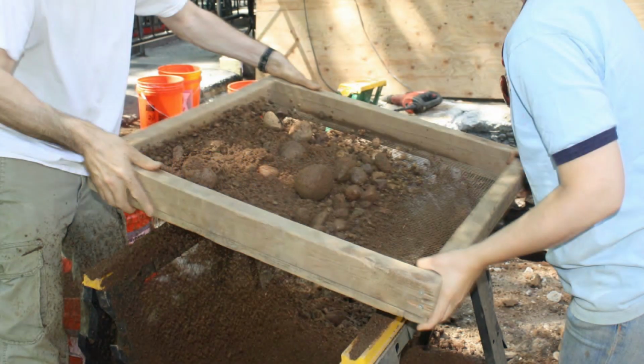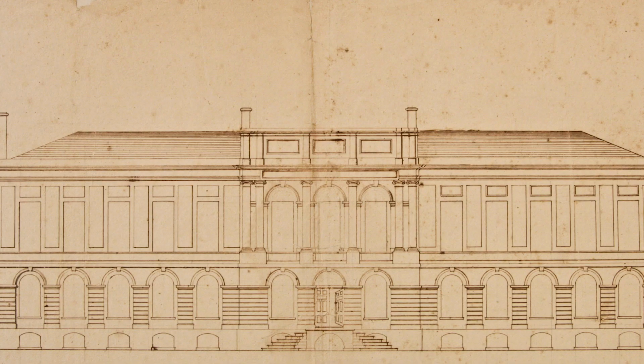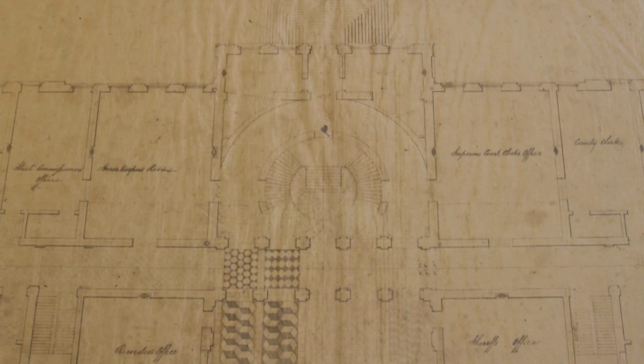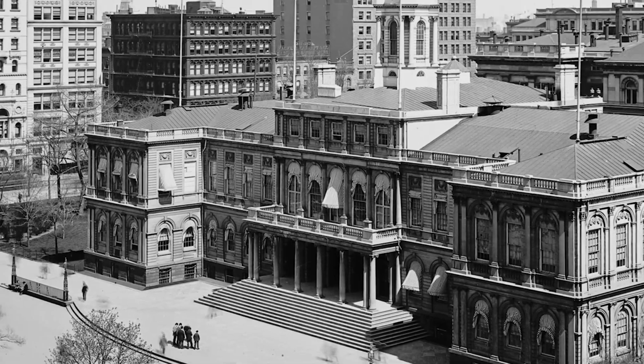One of the things that surprises people when I talk about this project is that all of our groundwork is monitored by archaeologists. When we're digging to bring in electrical lines, we always have archaeological monitoring. We've found artifacts from 300 years ago on the site. The building was built pre-electricity, plumbing, modern air conditioning, and bringing that all into an historic building